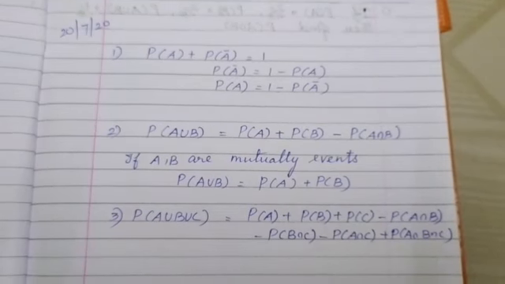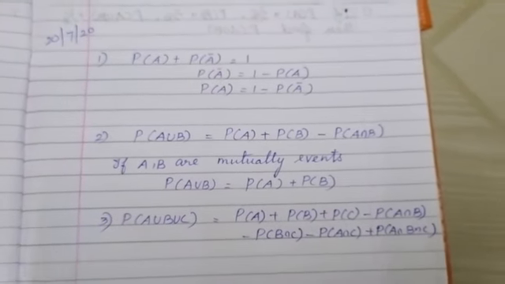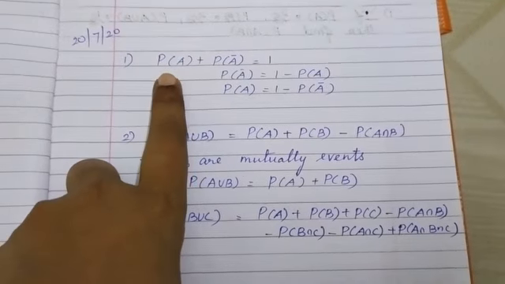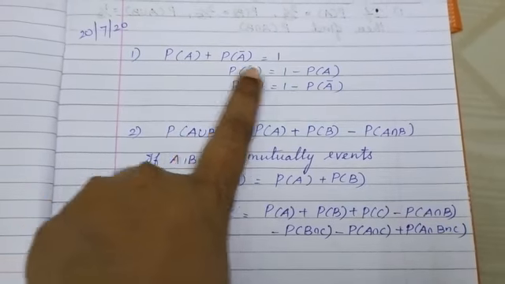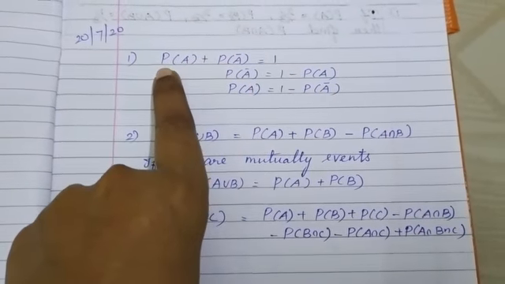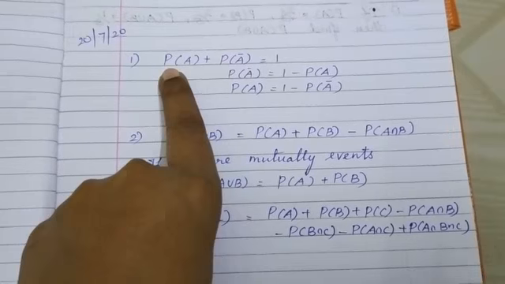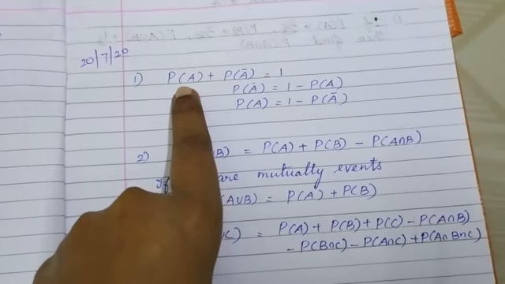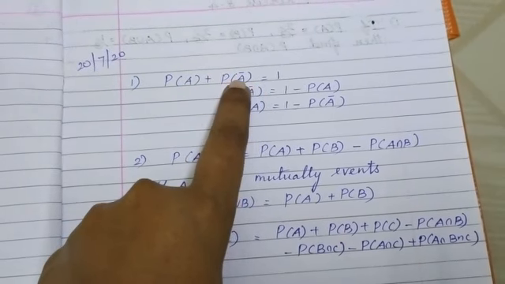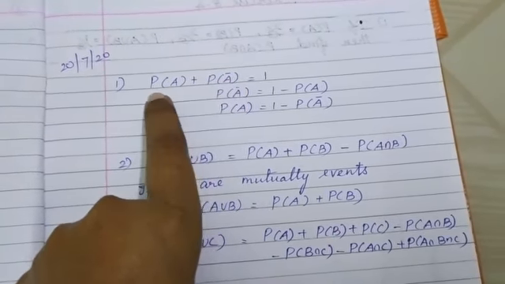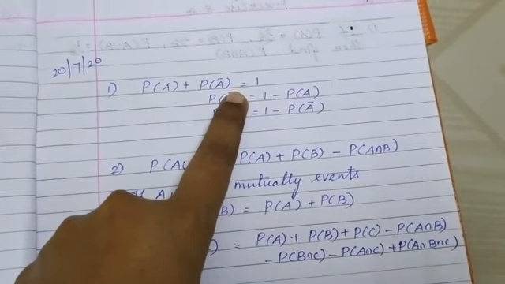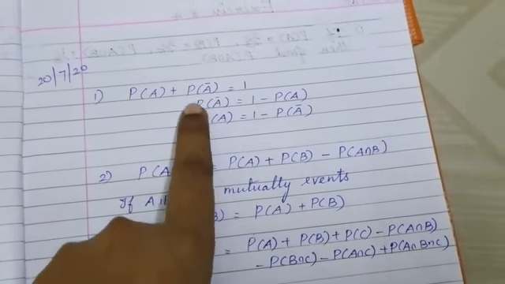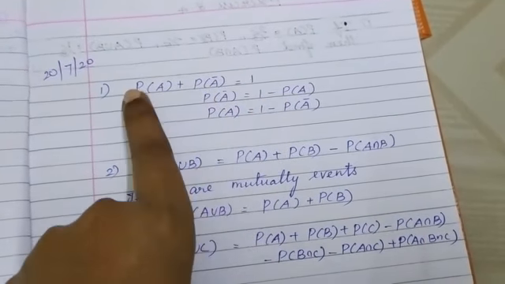Friends, today let us see exercise 8.4. First you see the formula. P of A plus P of A dash equal to 1. P means probability. We already finished 8.3. P of A means possible event, P of A dash means impossible event. If we add possible plus impossible, we get 1. So P of A dash equal to 1 minus this.